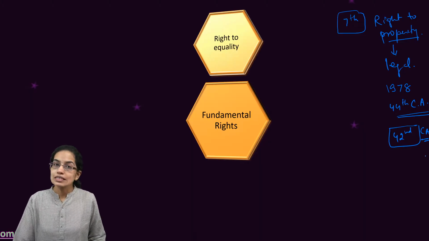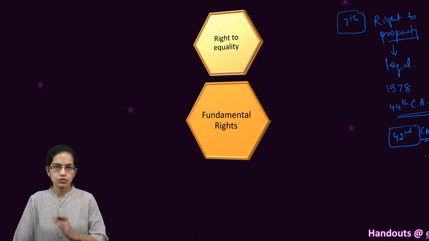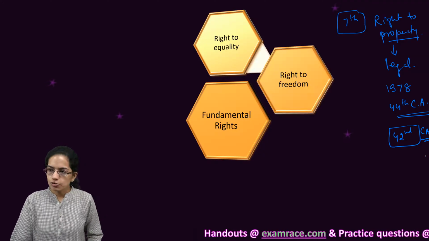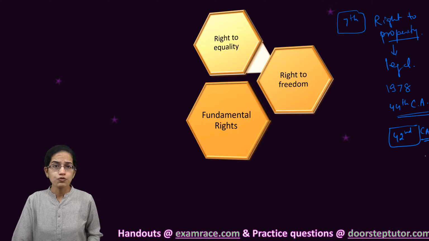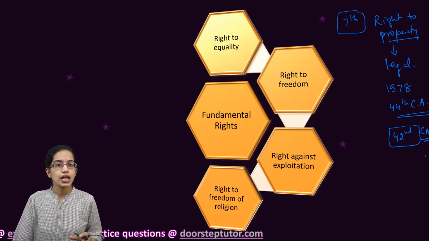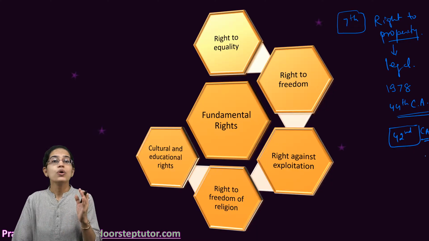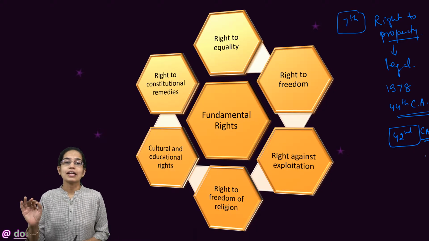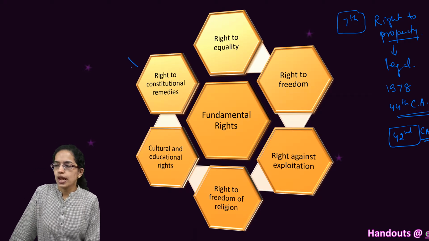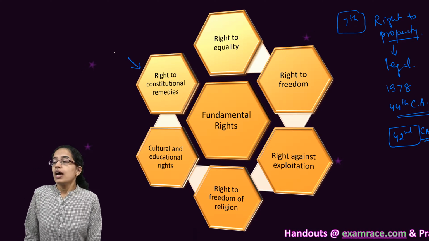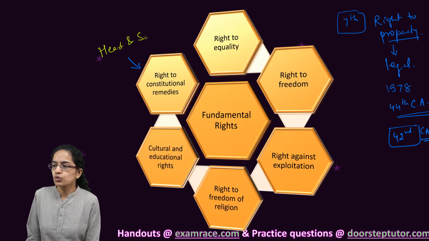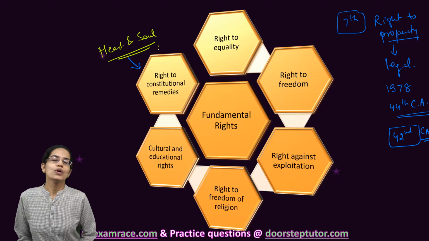Now, what are the 6 basic fundamental rights that we would be discussing in detail as we move forward in this lecture? Right to equality, right to freedom, right against exploitation, cultural and educational rights, right to religious freedom, and right to constitutional remedies. Now, out of these, let's first talk about the right to constitutional remedies. The right to constitutional remedies is also known as the heart and soul of the Constitution. Why so? Because